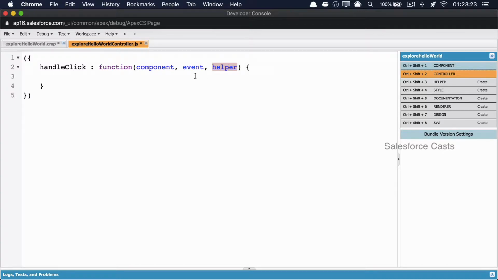Now it is not a mandate that this always has to be component, this always has to be event, and this always has to be helper. This can be cmp and this can be evt. For that matter, this can be c, this can be e, and this can be h. Only the order of these parameters matters and the names of the parameters are not going to matter at all. This can be anything. Let me revert it back